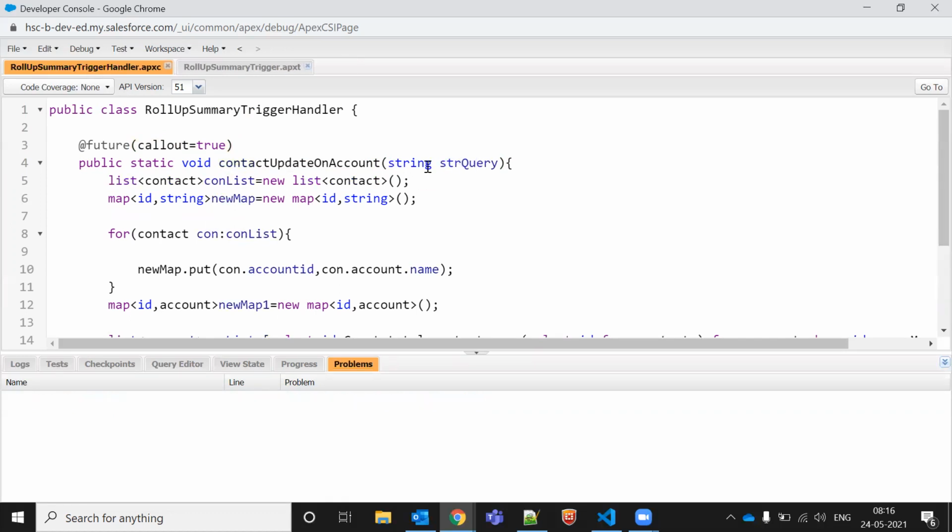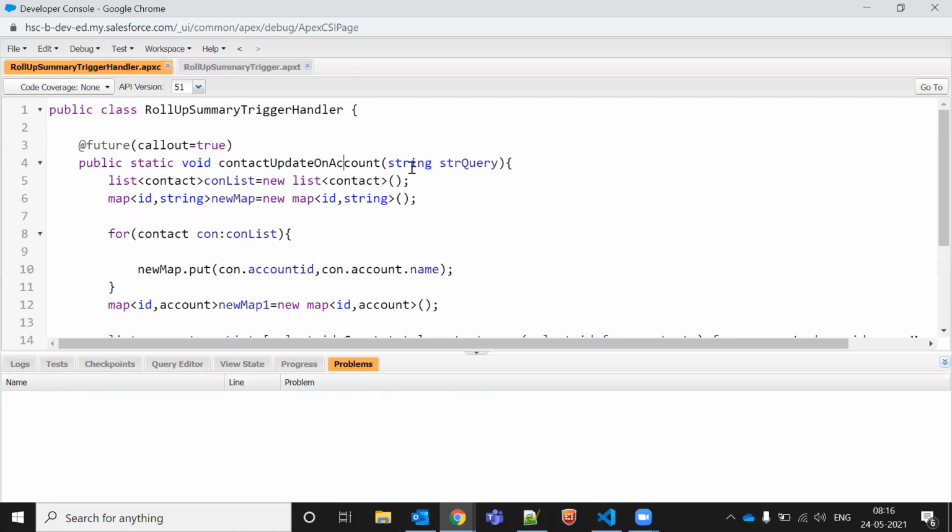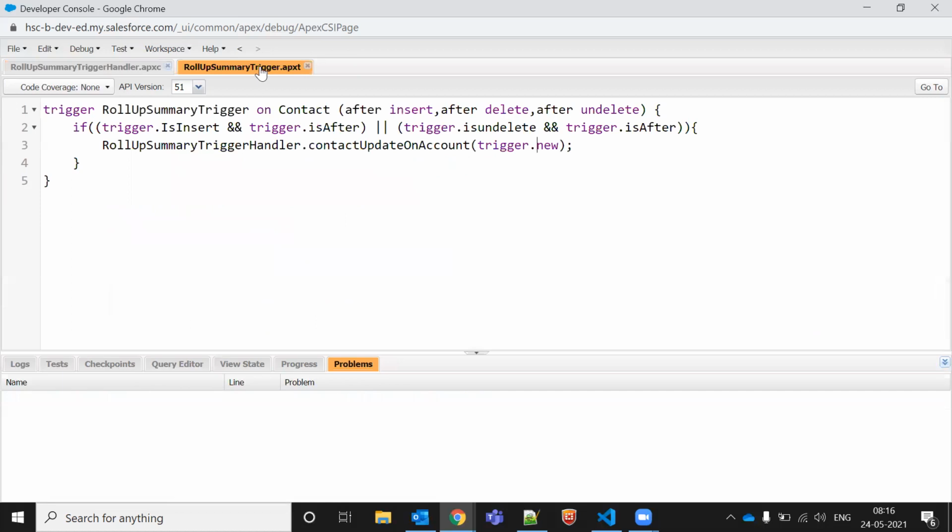Okay, so like this we are doing here. So now should it work or not? It should not work, right? Because it is returning a list of new records, but we are just passing the string, which doesn't make sense, right?